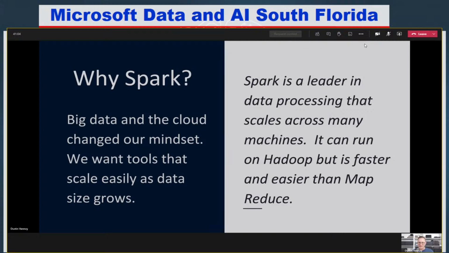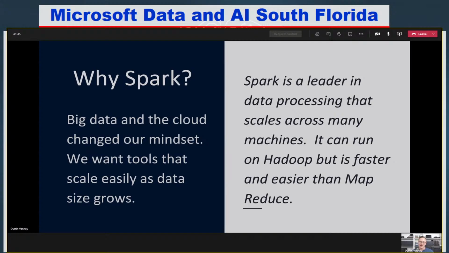So let's go to why Spark in general, because a lot of the time I'm going to Spark for my streaming solutions because we're also using Apache Spark for all kinds of data processing. Spark is a framework we use because, as big data became part of our everyday lives and as we moved to the cloud more and more, our mindset changed. We want tools that may not be as specialized, but definitely need to scale as our business grows. We might acquire a company, we might suddenly go viral and take off, and we need to scale up quickly. Spark is one of these tools that can scale with the data just by adding more nodes to a cluster. So it's horizontally scaling. We'll just make sure we're all on the same page about that in a moment.